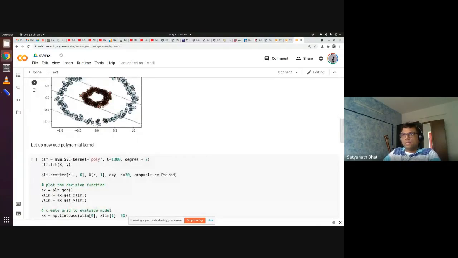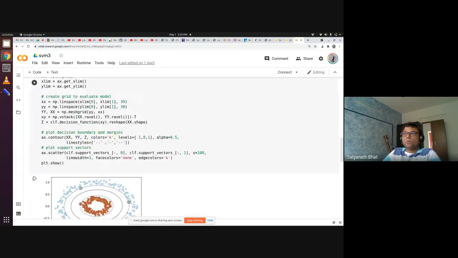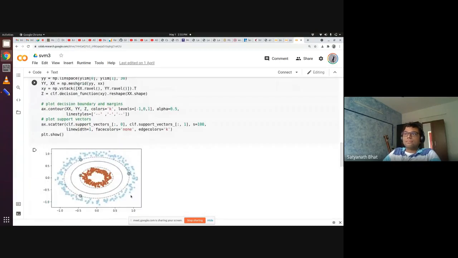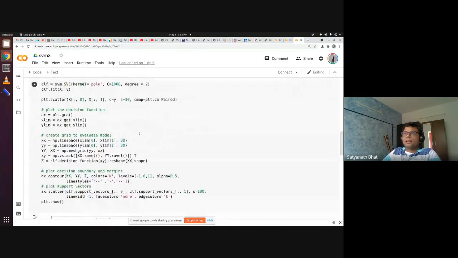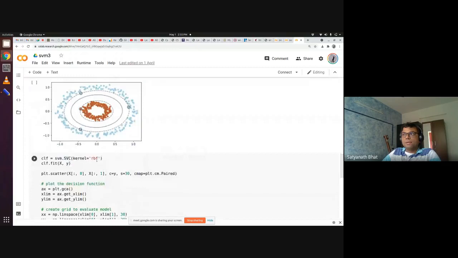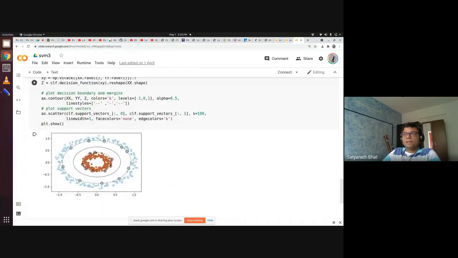However, if I choose degree 2, that means I am able to get circles, right? So this should work, and if you do it, you will actually get a neat classification like this. This is using degree 2. And if you use Gaussian radial basis functions, you get even better. You are able to get all these separations much more nicely.